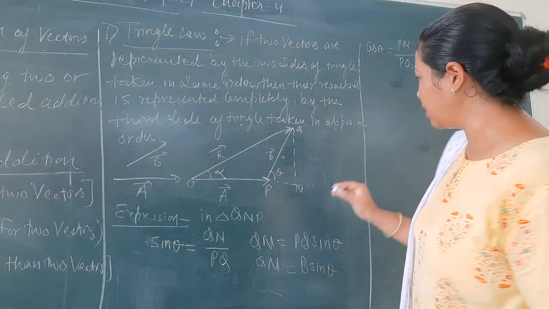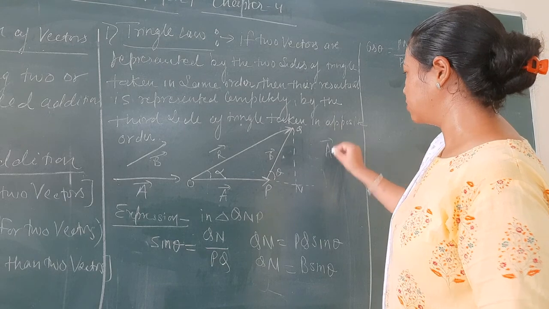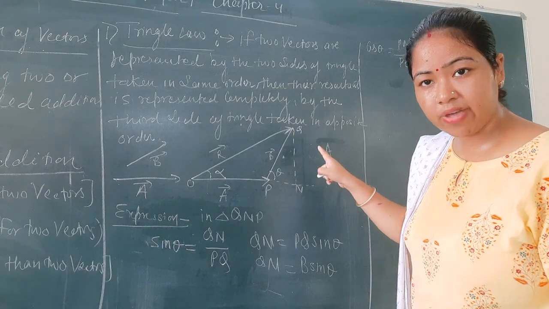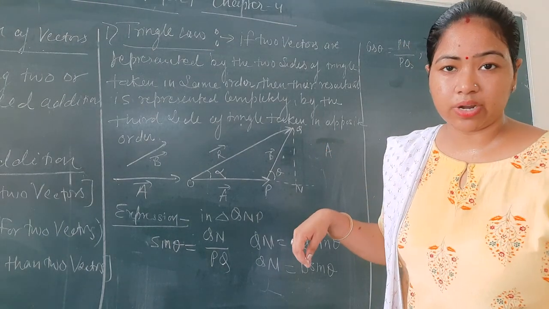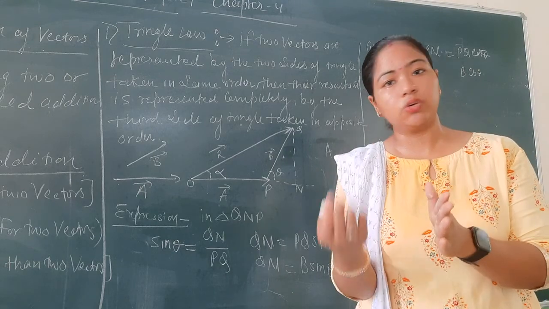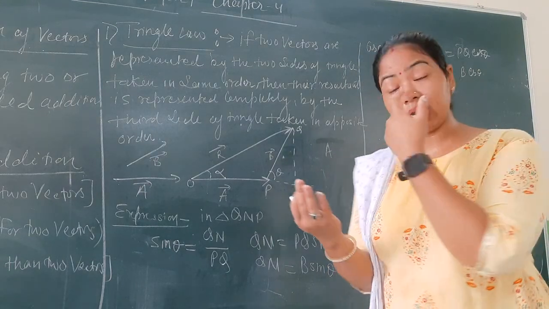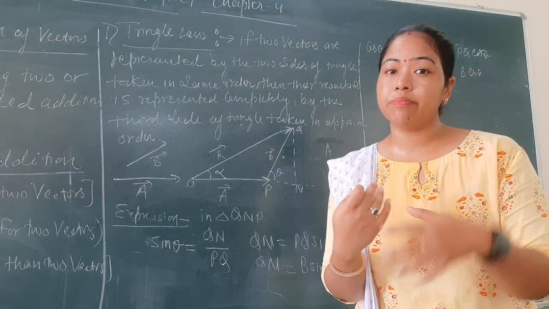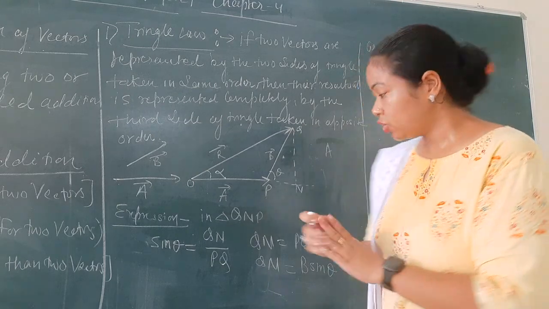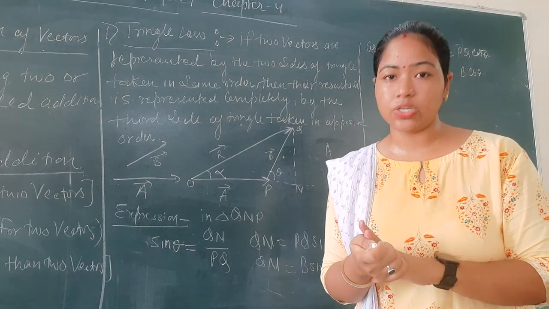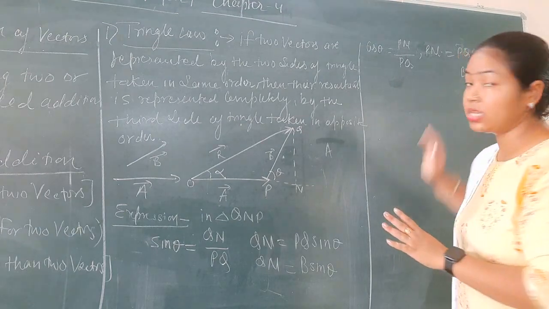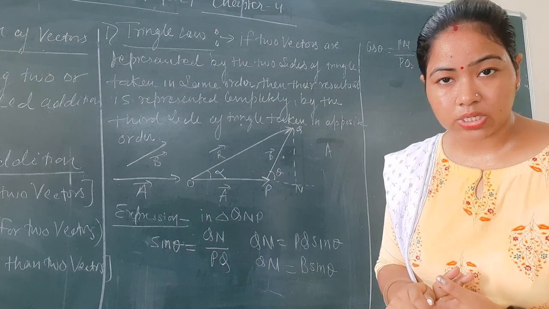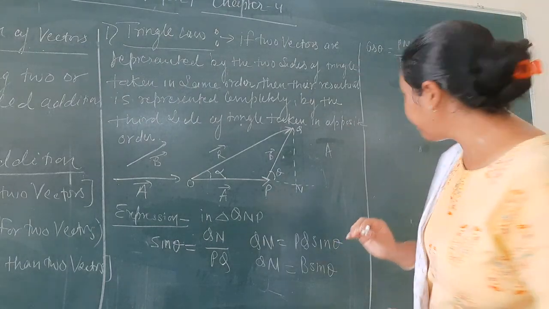So just see one thing, if we are taking any vector, this represents a vector, but if you do not have an arrow above the vector, that will represent the magnitude of that vector, right? If you represent any vector without an arrow, it represents its magnitude. And if you define it with an arrow, that will represent the magnitude as well as the direction, right? But when we calculate angles, here we do not need the direction, that's why we are only taking the magnitudes of those vectors, right? So that's why we are only writing b cos theta, not vector b cos theta, right students?